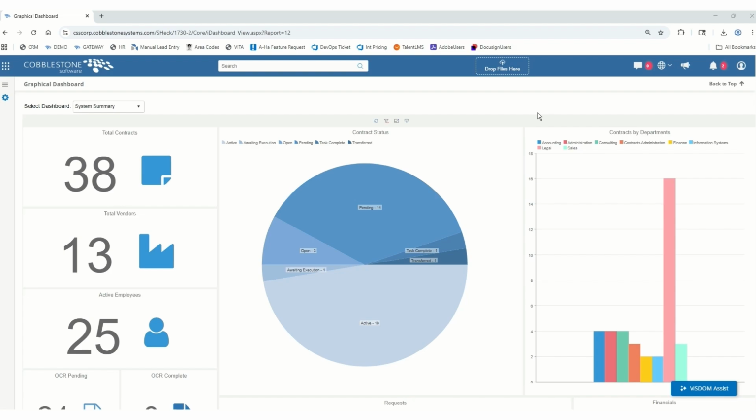The one in particular in front of us provides a volume of contracts, vendors, and employees on the left. In the center, we have a pie chart of every single contract broken down by their status, so a great understanding of where every single contract is in their pipeline. And we also have contracts by departments on the right, which is a nice way to look at the workload